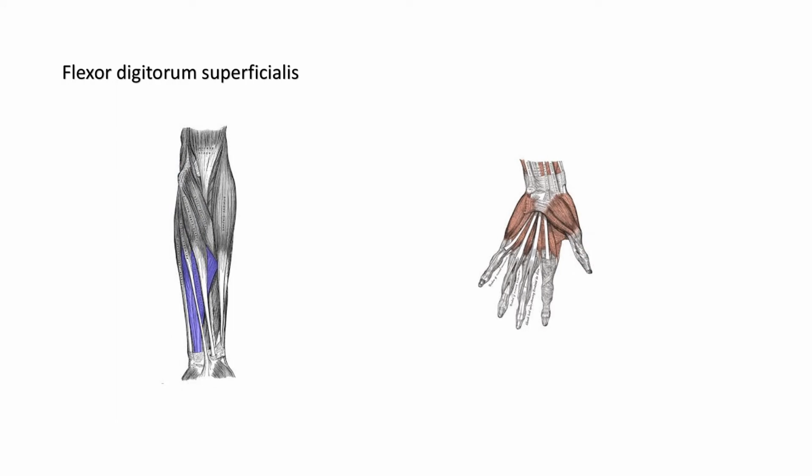The flexor digitorum superficialis is the only muscle of the intermediate compartment. It has two heads: one originates from the medial epicondyle of the humerus, the other from the radius. The muscle is split into four tendons at the wrist, which travel through the carpal tunnel and attach to the middle phalanges of the four fingers. Actions: flexes the metacarpophalangeal joints and proximal interphalangeal joints of the four fingers, and flexes at the wrist.